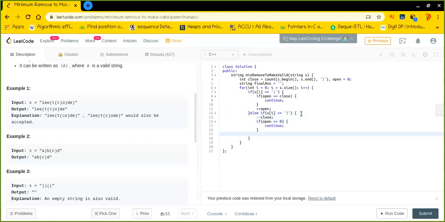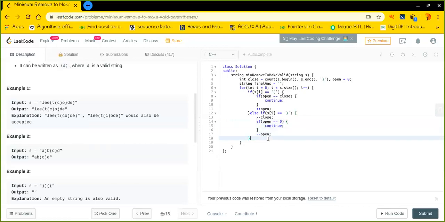Okay, as we need to decrease both closing and opening bracket counts when I hit the closing parenthesis. It doesn't matter whether we have an opening bracket or not for this particular closing bracket, we still have to decrease the value of closing bracket as we found a closing bracket now. I hope you are getting me. So cool, I just have decreased the opening bracket as well if there are some opening brackets left for this particular closing bracket.